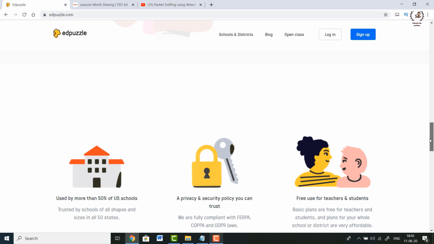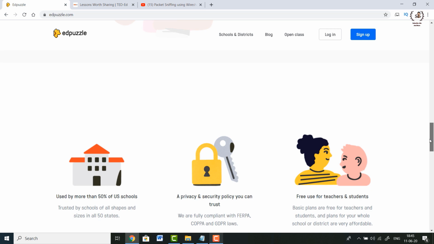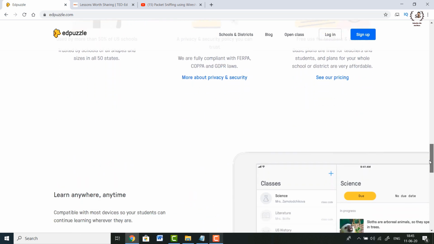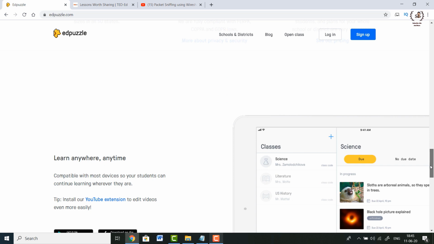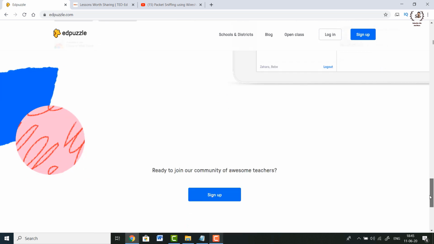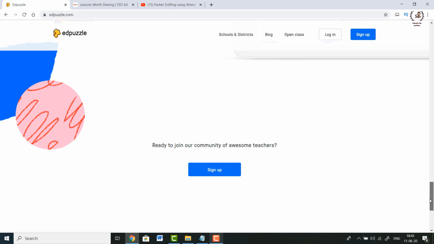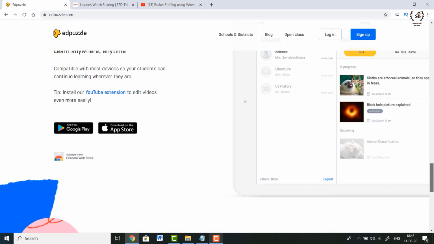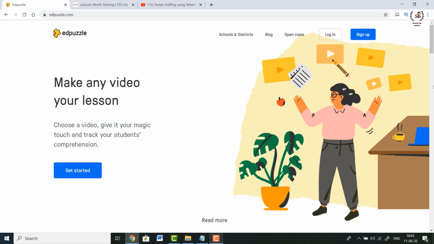It automatically gives credit to that video content owner. And similarly, you can divide your classes into virtual classes. You can link your LMS systems, for example Google Classroom, with Edpuzzle, so that whenever you post a video, the announcements or notifications automatically reach the students of that Google Classroom. So it's really very beneficial to use this tool, which is called Edpuzzle. You simply need to click on sign up if you are logging in for the very first time.